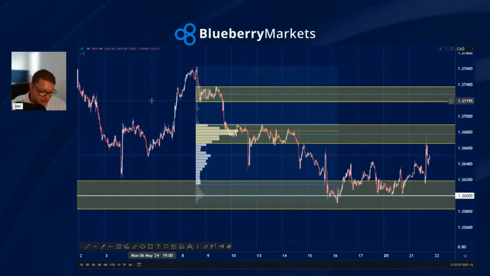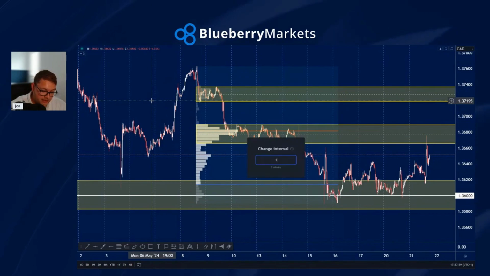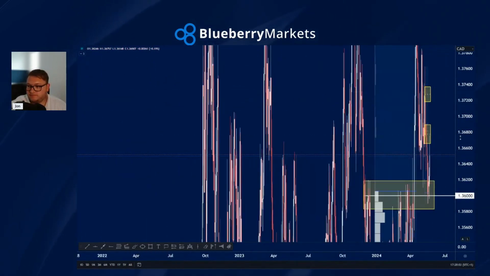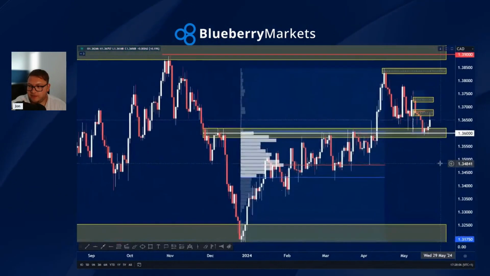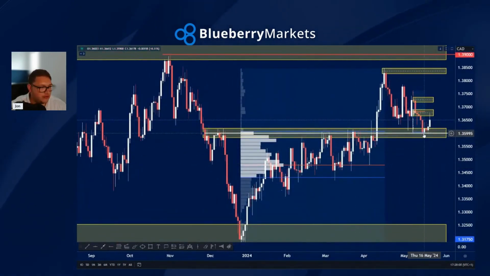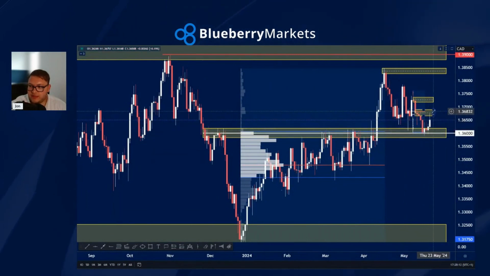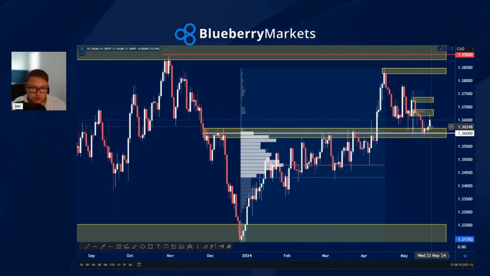So this is actually a 30-minute time frame. If I go back to that daily time frame, this was the bigger picture that we were looking at on the screen just then. We were looking at this area of 136, and we were looking at if price was going to find support there, where could it go to? And this is where I talk about those pockets of volume all the time. The market will trade between those different areas of volume.